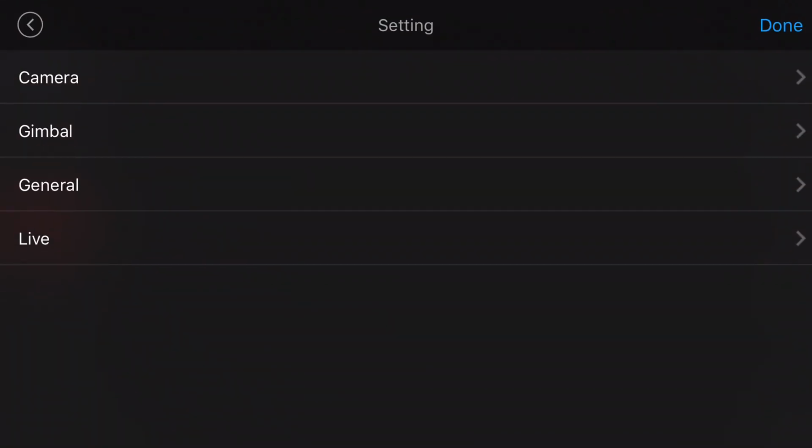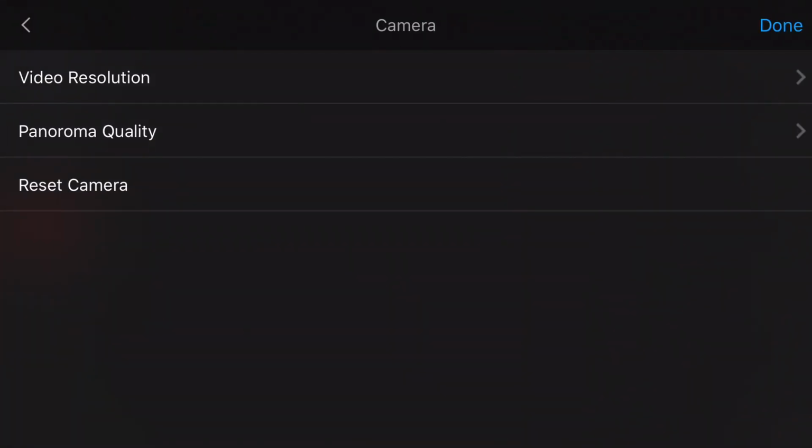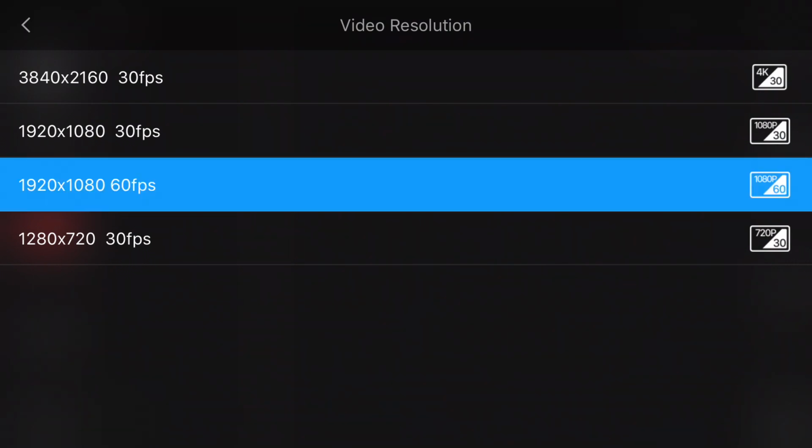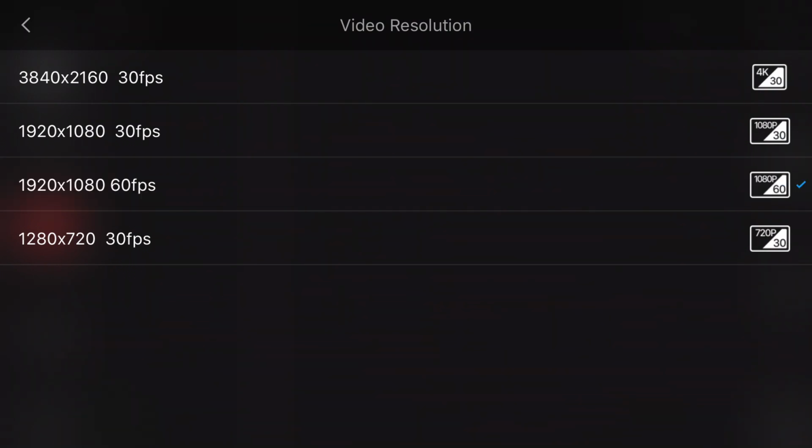And then we have the gear settings down here where we would want to make the settings for our video resolution. What is the quality we want to be at? Well, we want to be at good quality with our smartphone. Right now, it's only at 720p. So I would say, first of all, what if we filmed at